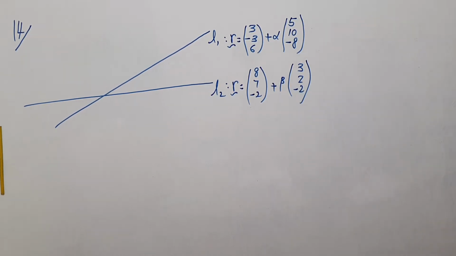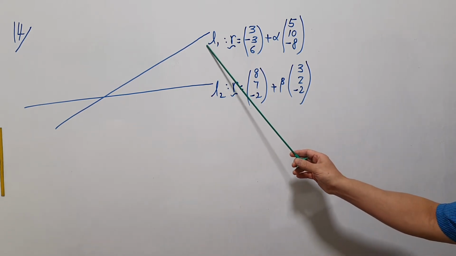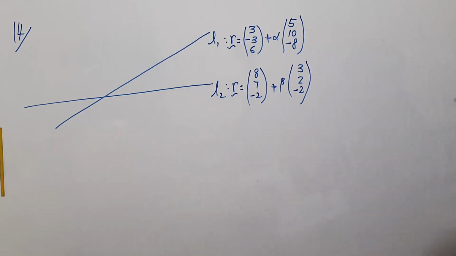Okay, this is taken from the vectors revision tutorial. In this question, first and foremost, we are given two lines, L1 and L2. Let me check that I've copied the equations of the two lines correctly. Minus 8, 8, 7; minus 2, 3, 2. Okay, so in this question, we are told that this line is refracted in the second line to give you